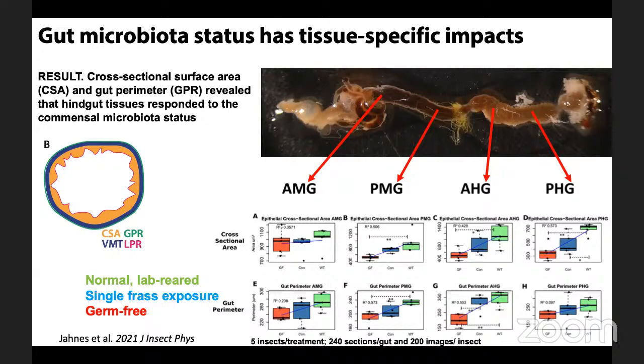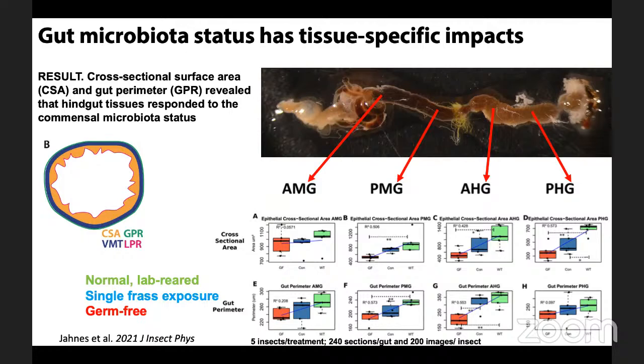When we say normal lab reared, we took germ-free cockroaches and then gave them poop from our non-sterile culture that we keep. So we had conventionally reared and germ-free, and we also had a third treatment, where we gave them a single exposure to a normal gut microbiome and then prevented them from getting any more after that. I'll talk about that briefly, but what we saw was that in the anterior midgut,